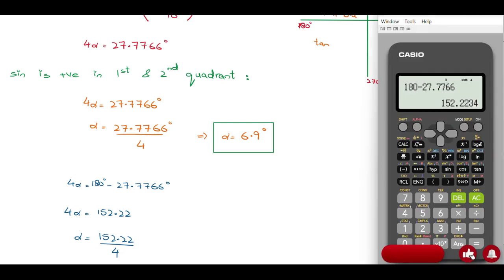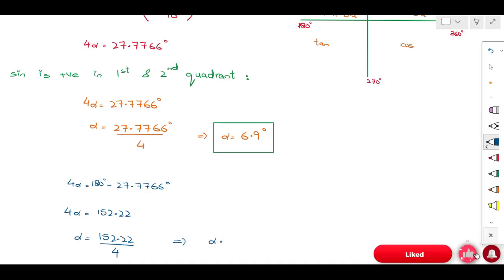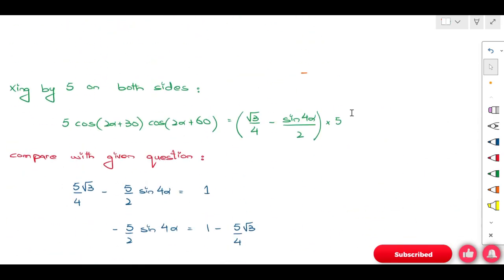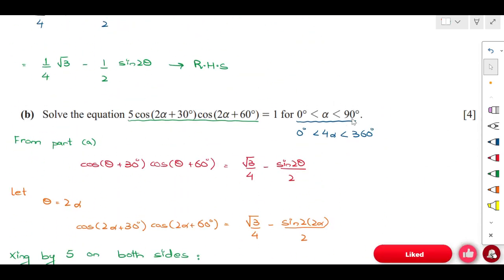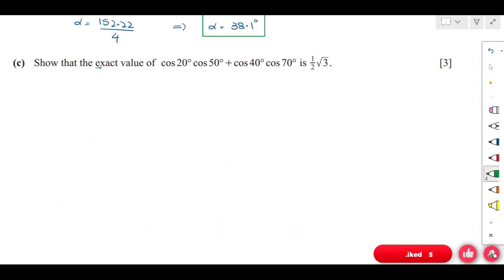So here we can say, okay, this divided by 4, we have 38.05 or 38.1 degrees. So alpha is 38.1 degrees. Here you can see both the solutions are in the range from 0 to 90 degrees, 6.9 and 38.1. These are the two solutions for this equation, and they are in the range from 0 to 90 degrees. Now for part C, show that the exact value of cos 20 cos 50 plus cos 40 cos 70